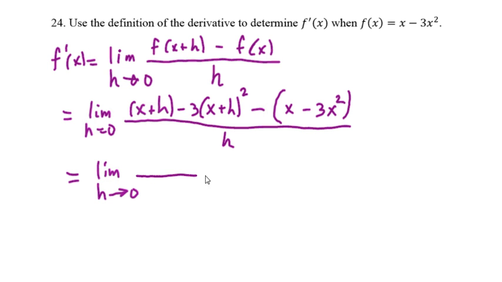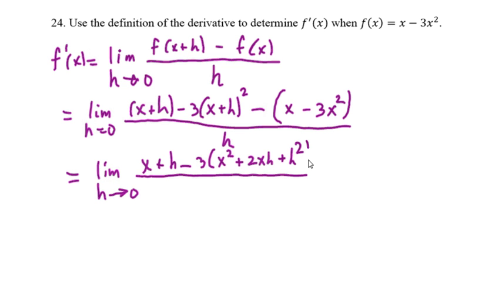We have in the numerator x plus h minus 3, and we multiply out the inside, we're going to get 3x squared plus 2xh plus h squared, and then we're going to have minus x plus, because minus minus is plus, 3x squared all over h. And so that equals the limit as